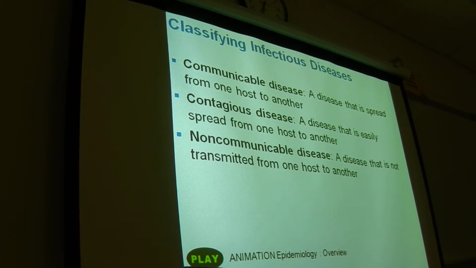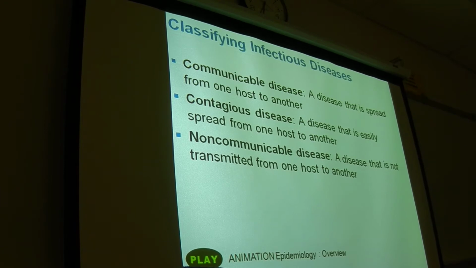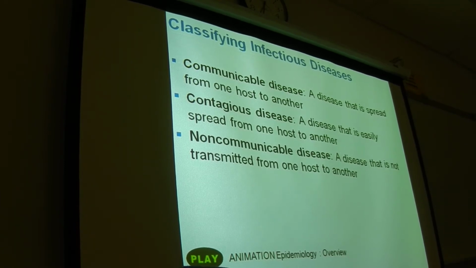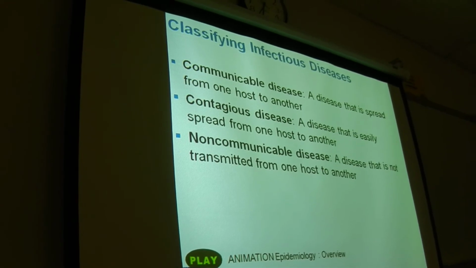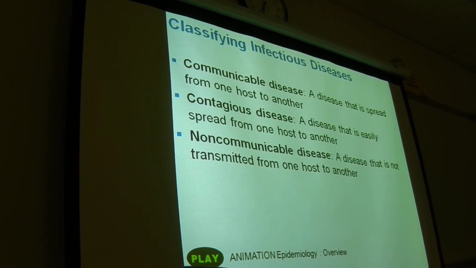Mono? So I think mono would fall closer into contagious because it's fairly easily spread. HIV is a good one for communicable because it can be spread from one person to another, but not very easily. So it's kind of a fine line of what you consider easily. Mono you can get by fairly simple touching, so that's closer to the contagious disease, whereas HIV takes a little bit more significant contact in order to spread from one person to another. So the ones I usually use are HIV, and then the flu is contagious. You can get the flu just from someone sneezing in the same room as you.